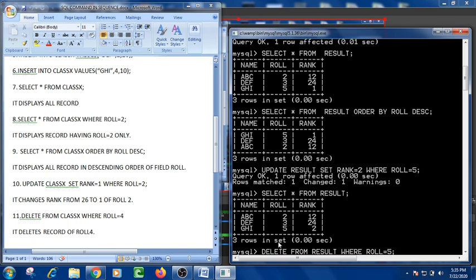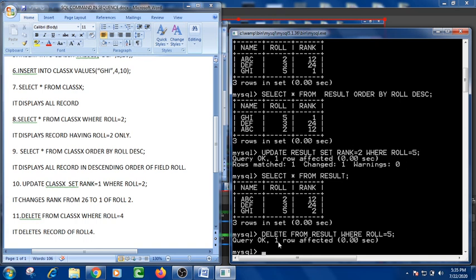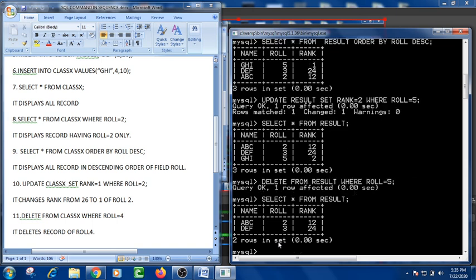Okay, one row affected, the message is displayed here. Now I am typing one more thing, to see whether it was deleted or not. For this I have to use the command select asterisk sign from result. Now you can see only two records are left. The record of roll 5 was deleted. So that much is there.